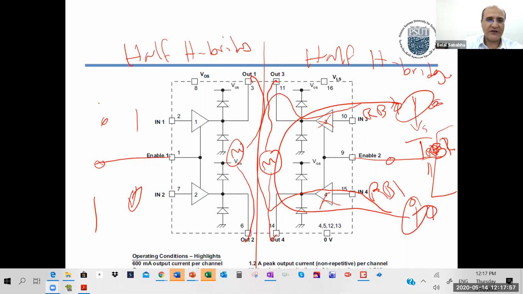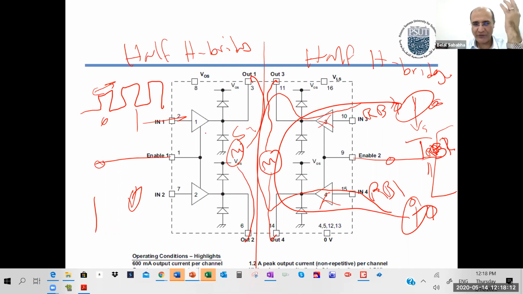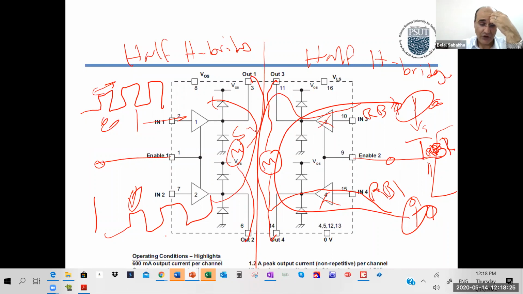Of course, instead of writing a 1 here, you can write a PWM signal, right? Change the pulse width, the PWM, and in this case you will be controlling the speed. It will be on, off, 5 milliseconds on, 5 milliseconds off, then it will be moving clockwise at half speed. If you write the PWM signal here and a 0 here, it will move in the other direction, but at half speed. Or you can just write a 1 here, a 0 here, and the PWM on the enable,